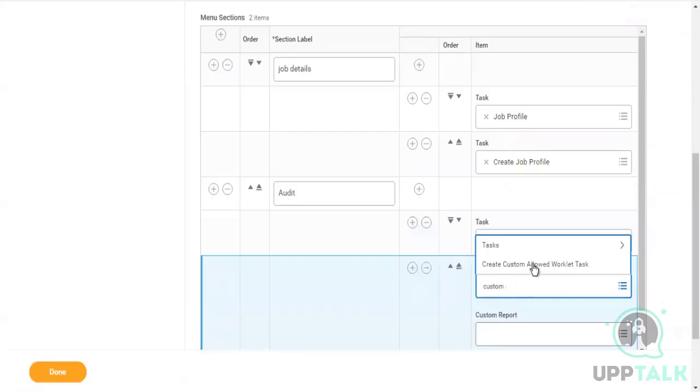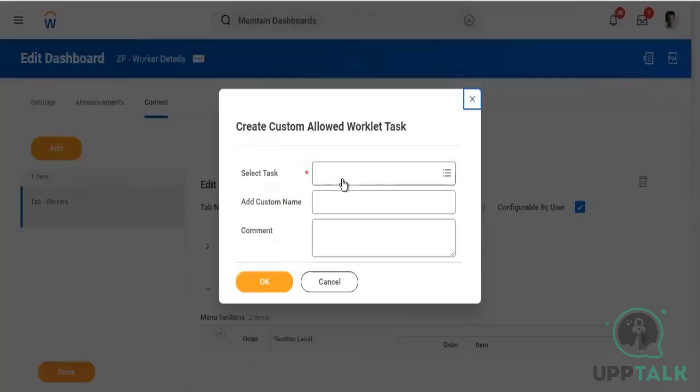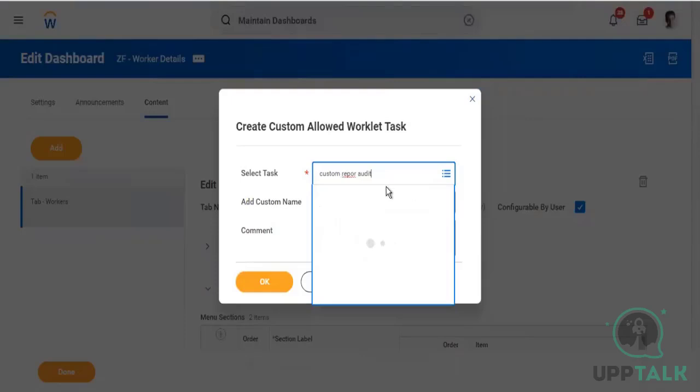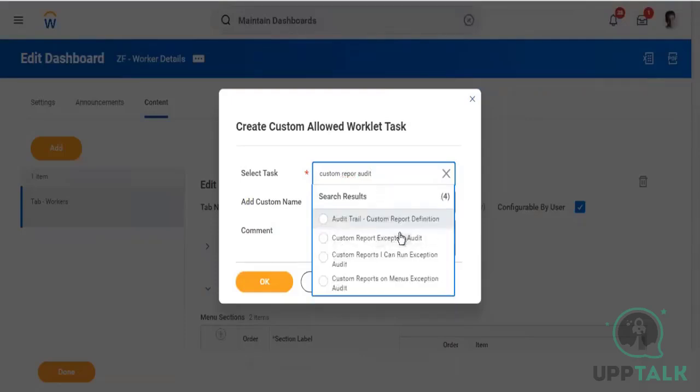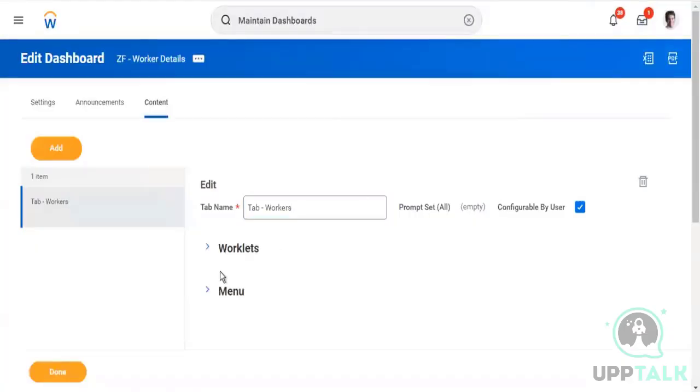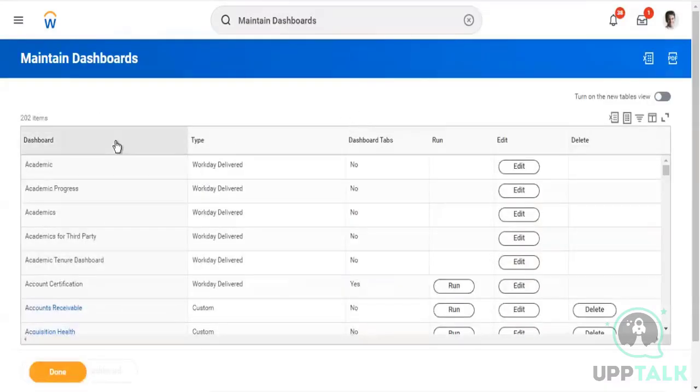I'm calling it custom report audit. So these are all standard reports which Workday has already delivered, right? And I want to add them to this dashboard. This would not run, but then it would provide worker with an option or link to run these reports. Okay, what I'll do